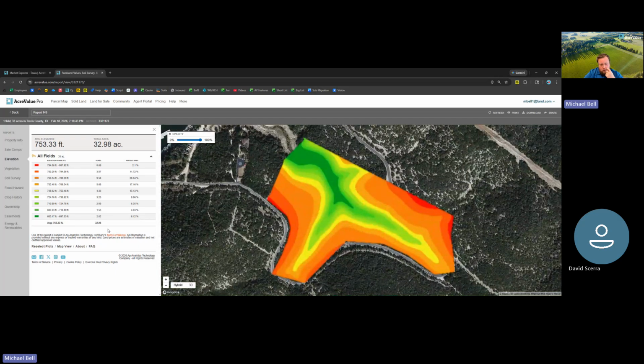That elevation, as I was talking about before, the map layer for elevation doesn't do a great job on a smaller scale, so running a report is really essential here to give you that elevation across the entire parcel. So you can see where that FEMA flood zone is, and that water body obviously going to be the lowest point, and then it does go up relatively significantly. It goes from 683 feet at its lowest to 807 feet above sea level at its highest. So pretty steep elevation change for such a smaller size parcel.